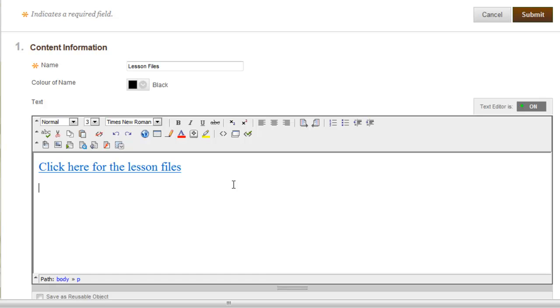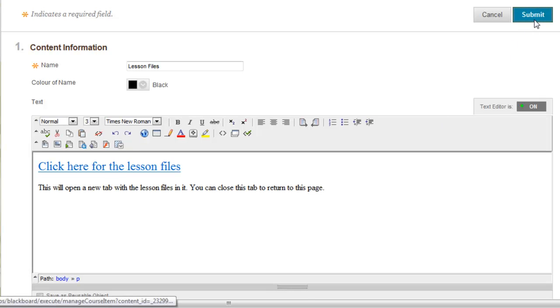I mean, I could have instructions underneath in the other option, but with this one I can make that text bigger, and then I can say this will open a new tab, and you can find the lesson files in it, you can close this tab to return to this page. So instructions for the students there. So when I submit that,